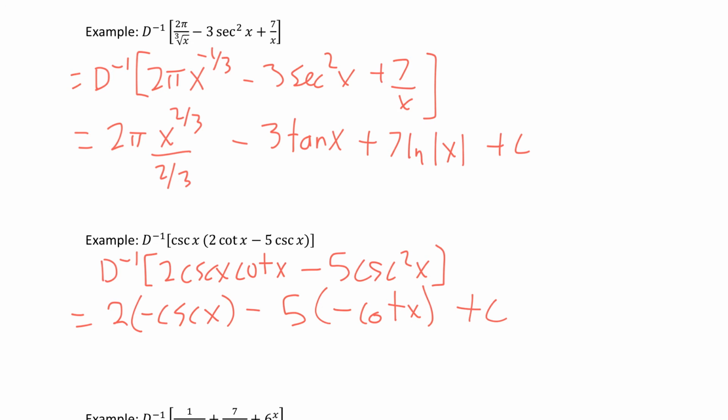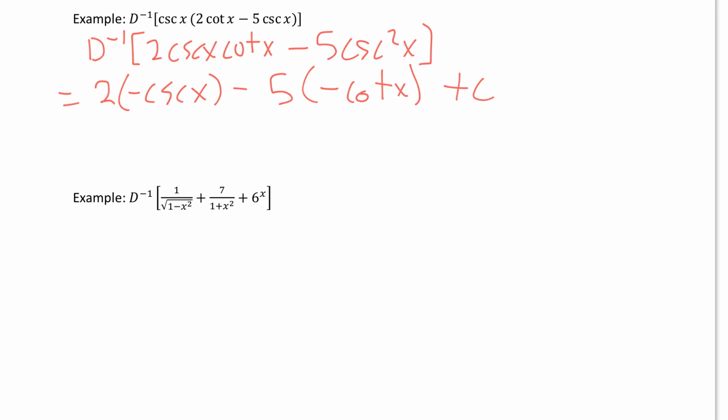Let's take a look at the next example here. We have the antiderivative of some strange functions. And again, we need to remember our derivatives. What function has this as a derivative? So we think back, we think to ourselves, this looks like one of those inverse trig functions. In fact, it's sine inverse of x plus 7. And really we want to think about this here as 7 times 1 over 1 plus x squared,